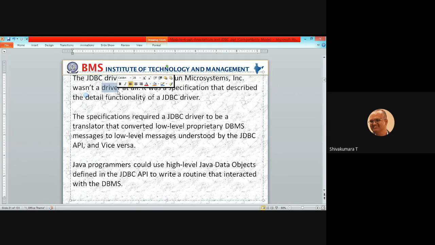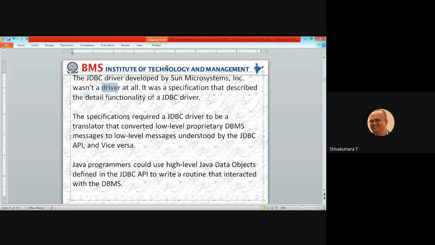So the JDBC driver acts as a communication agent between the Java code and the database code. The database might be any database: Oracle, SQL, MySQL, PL/SQL, whichever databases exist in this world. Most databases you can connect with JDBC with the help of connectors.